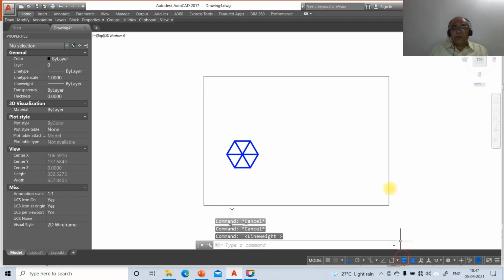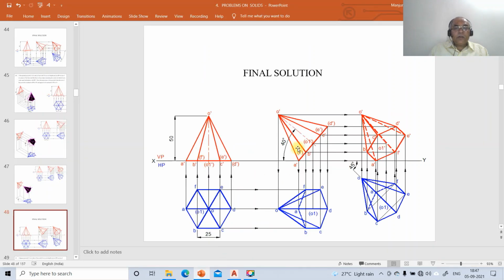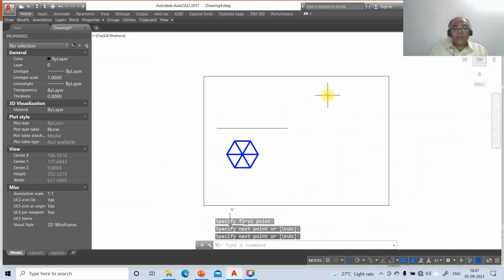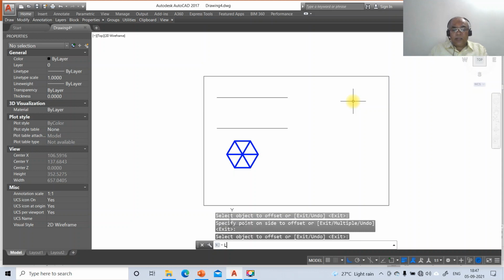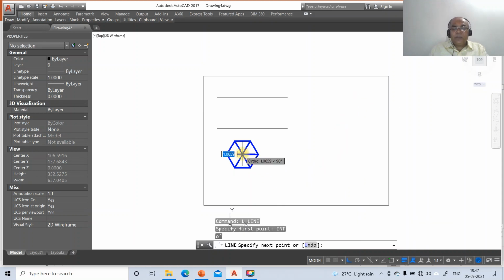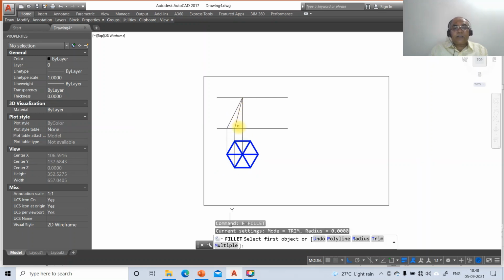Once you do that, you switch on the line weight display, then you draw the horizontal line and now you take the height as 50. To do that, go to offset, take the distance as 50 and then go to line, take the intersection point of this and draw perpendicular to this, then go to line, take INT of this and draw perpendicular to this, then take the intersection point of this, then go to line, take INT of this and draw perpendicular to this, then take the intersection point of this, then go to fillet between these two,